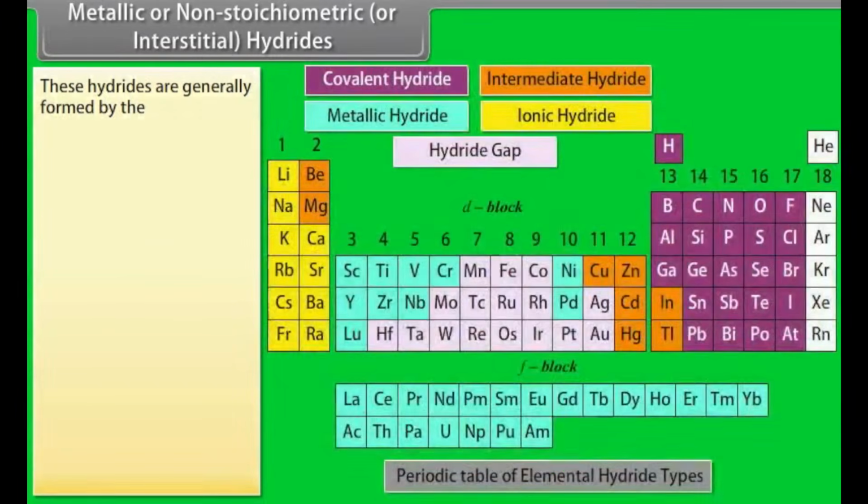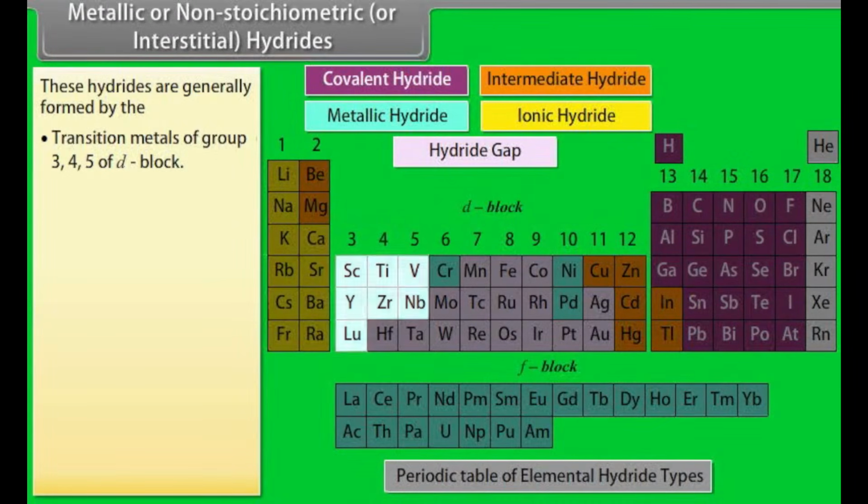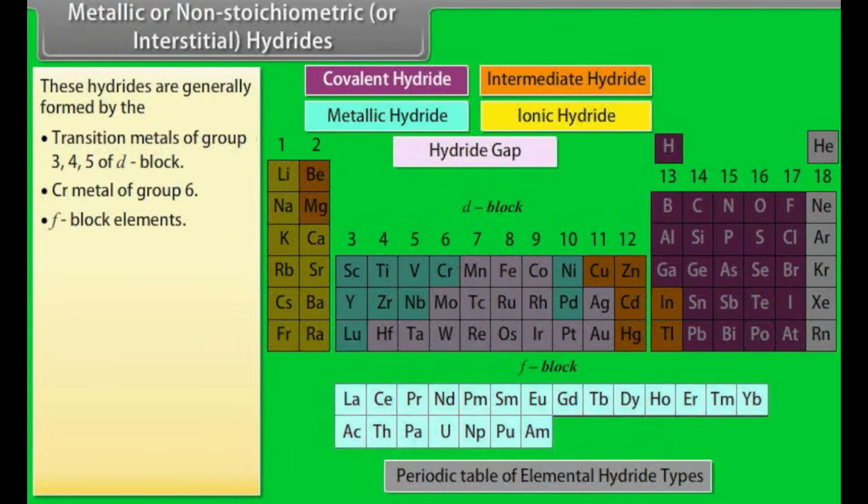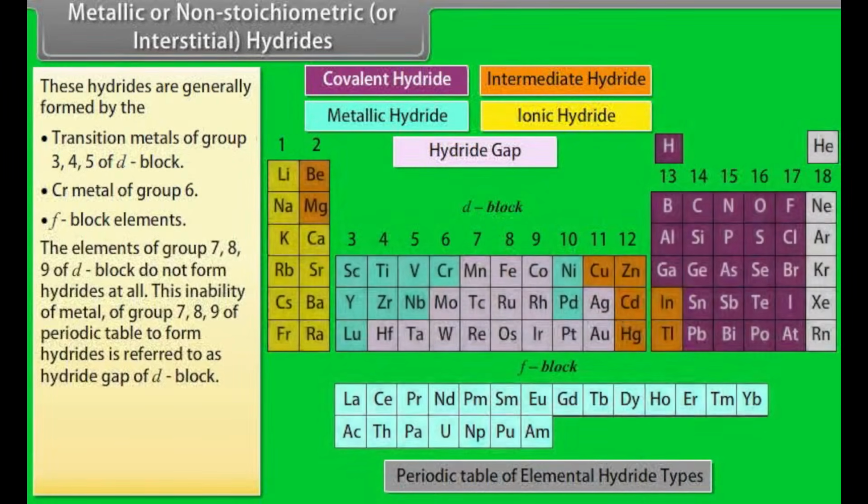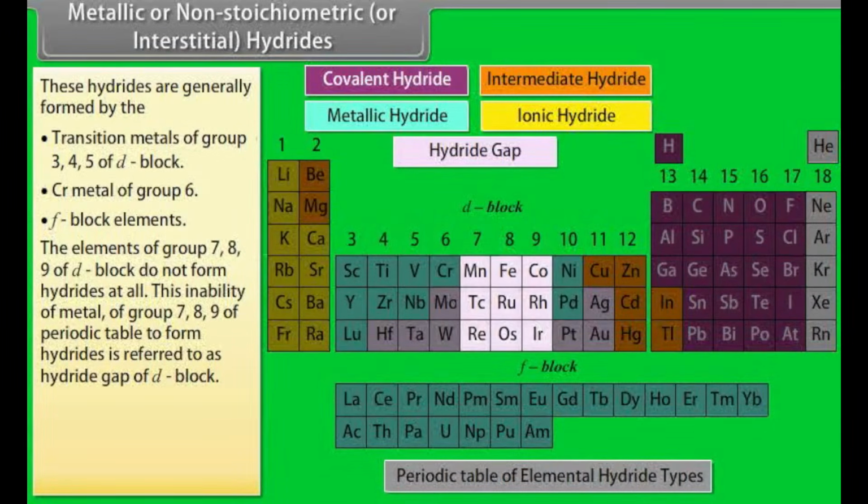Metallic or non-stoichiometric or interstitial hydrides. These hydrides are generally formed by the transition metals of group 3, 4, 5 of the d-block, Cr metal of group 6, and f-block metals. The elements of group 7, 8, 9 of the d-block do not form hydrides at all. This inability of metals of group 7, 8, 9 of the periodic table to form hydrides is referred to as the hydride